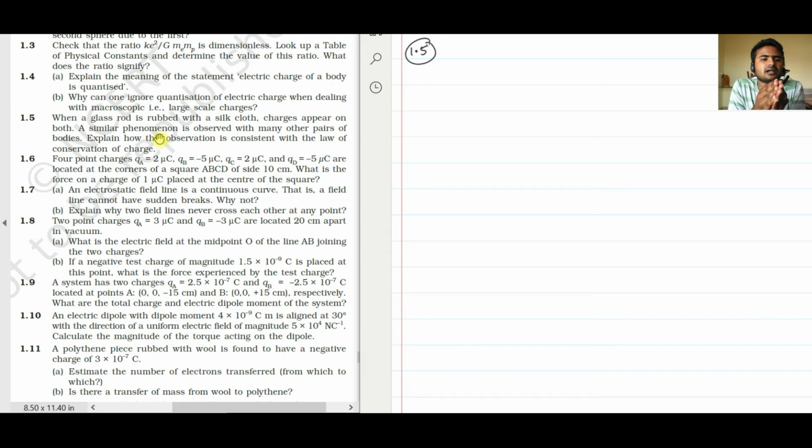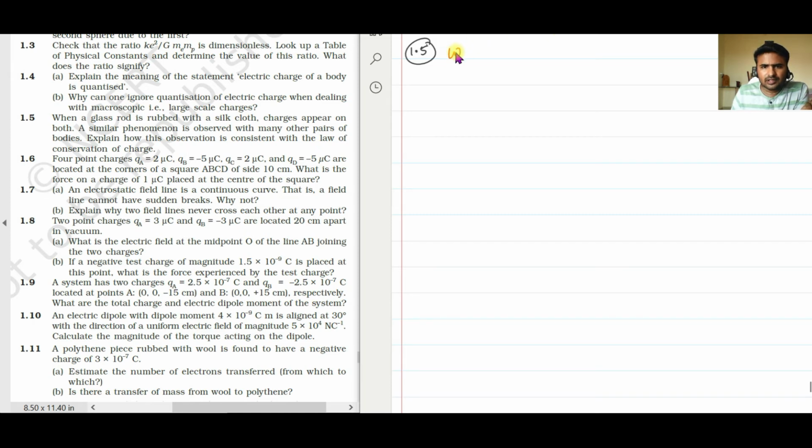So this is nothing but charging a body by the method of friction. You remember there are 3 methods of charging a body: charging by conduction, charging by friction, and charging by induction. We are talking about charging a body by friction. When you rub 2 bodies, electrons from one body get transferred to the other body. Here you have not created any charge, you have not destroyed any charge, you just transferred the charge from one body to another body. That's it. So the explanation here is,